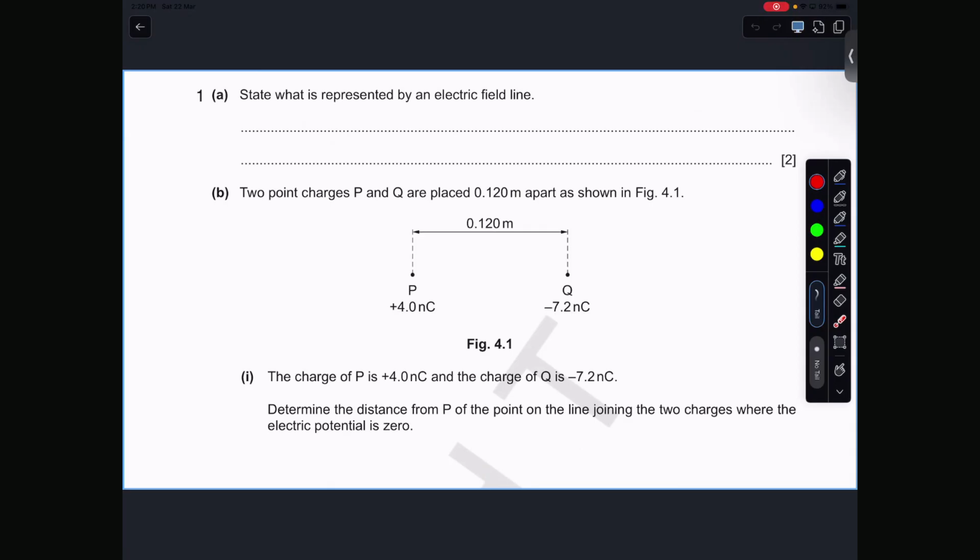Right, so state what is represented by an electric field line. We'll just quickly go through these as a recap. What does an electric field line represent? Right, exactly. Direction in which a positive unit charge experiences force. Direction in which move